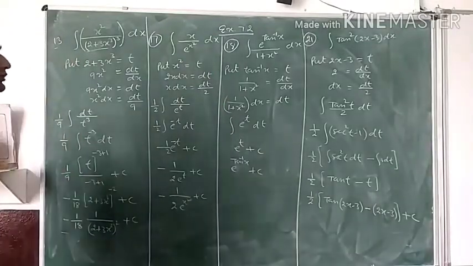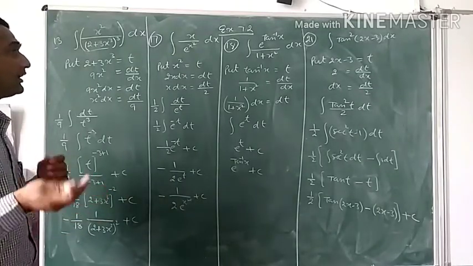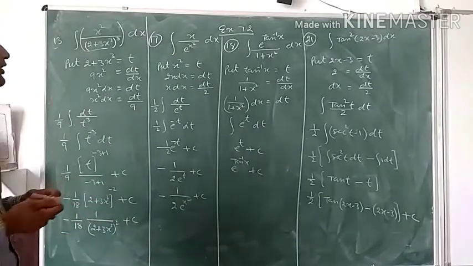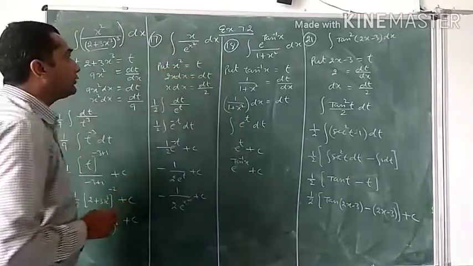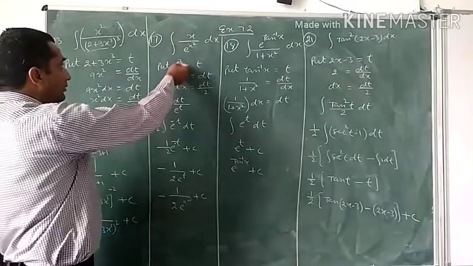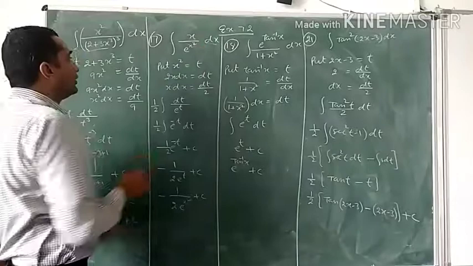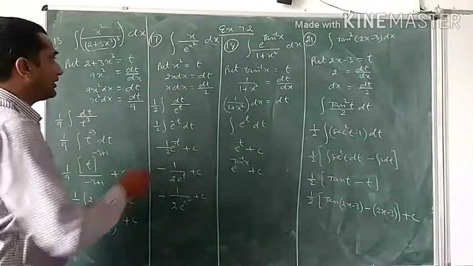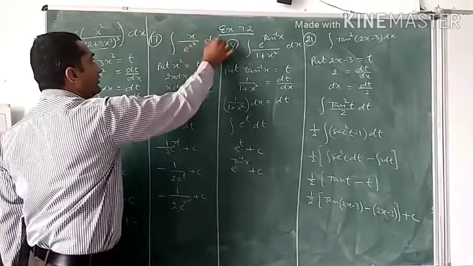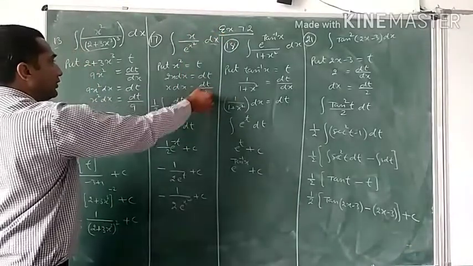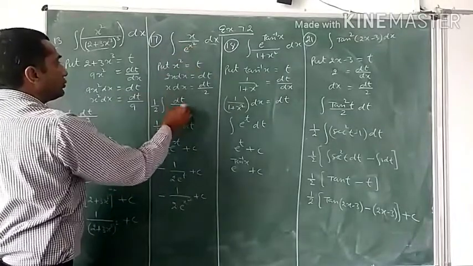So next, question number 17 is integrating x over e raised to power x square dx. Now we have to substitute that value of which the derivative we will get in the numerator. So put x square there. If we put x square is equal to t, then you know that the derivative of x square is 2x dx. Here we need x dx. So 2x dx is equal to dt, x dx is equal to dt by 2. So the value of x dx will be changed to dt over 2, and e raised to power x square is e raised to power t.